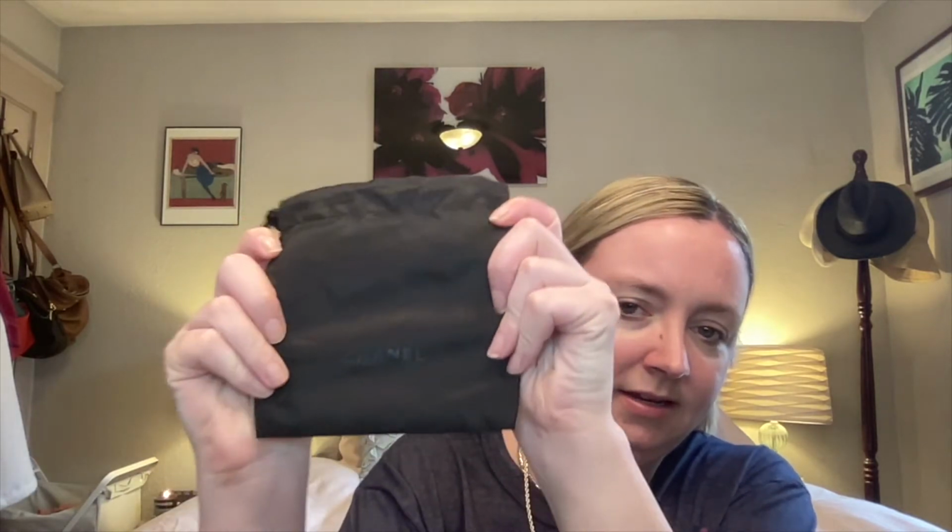So this is one of the samples I got from Chanel. Even though I just ordered the lipstick, I really had a full cart, and I was like, you know what? I'm going to wait and do another big Chanel order later. I'm just going to order the lipstick, and it came in this wonderful packaging. I selected the nice packaging because I've never really ordered anything directly from Chanel's website and I've never gotten the full experience. So this is what my lipstick came in, and my samples came in this little pouch, which is like a nylon mini bag that has Chanel on it, which is super nice and totally unnecessary,